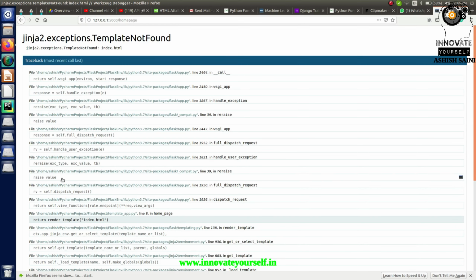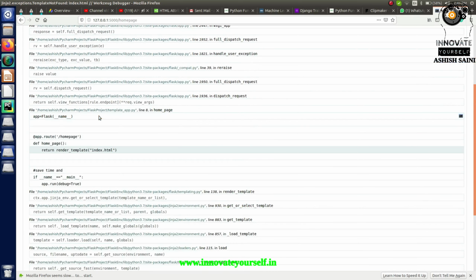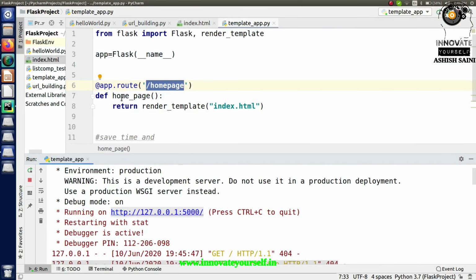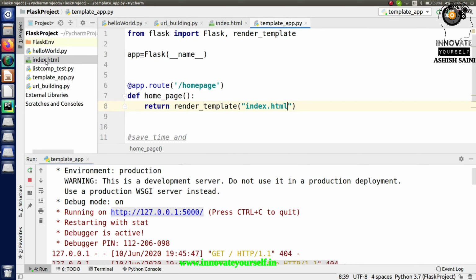So you can see in here you're getting this error on this particular line, right? So what is this line? This is the line where you are actually returning this part, right? So the reason is I haven't specified the template for this. And one more thing, you cannot directly write this HTML tag over here. You have to pass this inside some directory, and that directory will be the template folder for you, where you are actually going to store all your HTML pages, right?